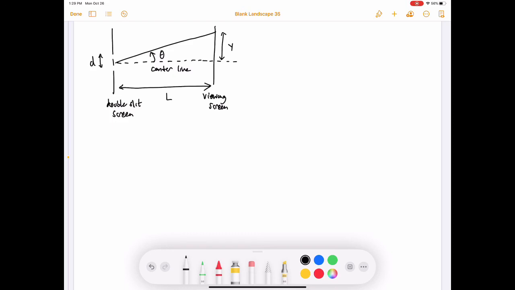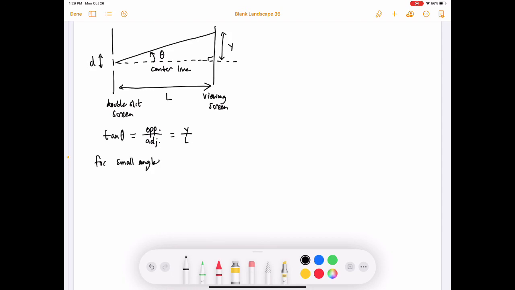So we can relate theta and y by remembering that the tangent of theta is equal to the opposite side over the adjacent side on a right triangle. And we do have a right triangle here. The opposite side to the angle theta is y. The adjacent side is L. Okay? Now, if we have small angles,